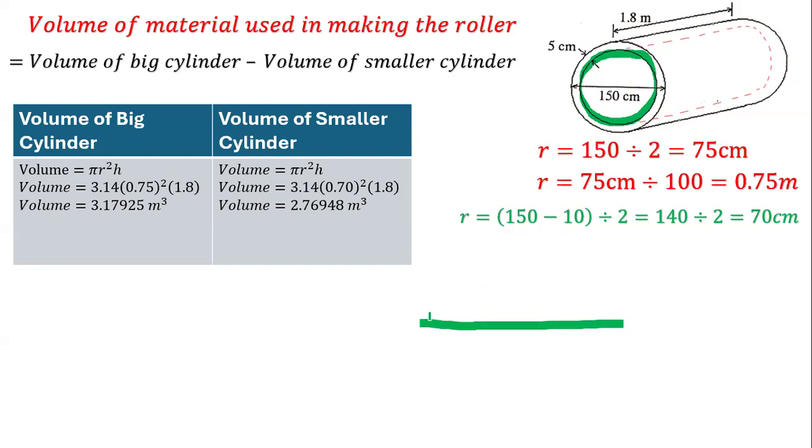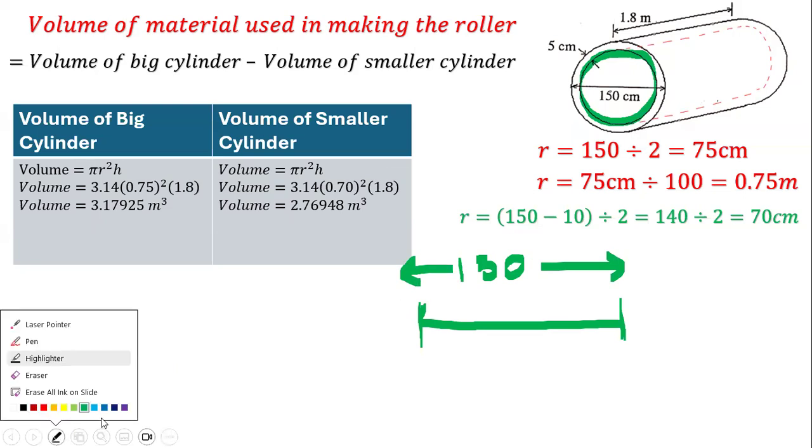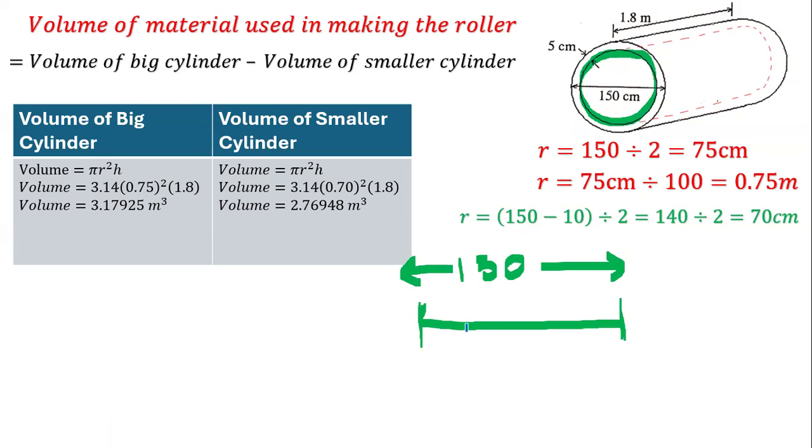So this whole thing is 150. From here to here, that's 150. The whole big one is 150, so from end to end, that's 150. Now, we know that we have a smaller circle, and the smaller circle only has here